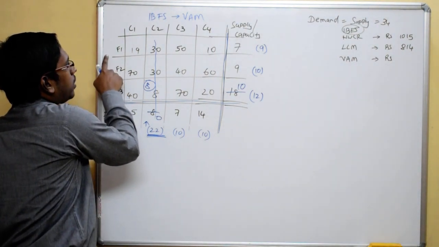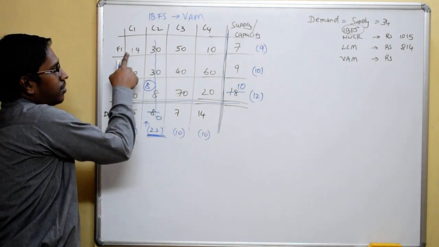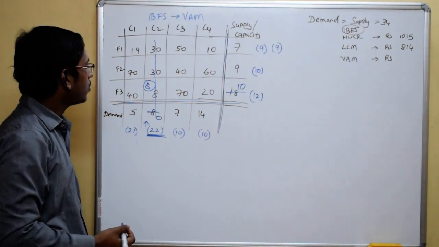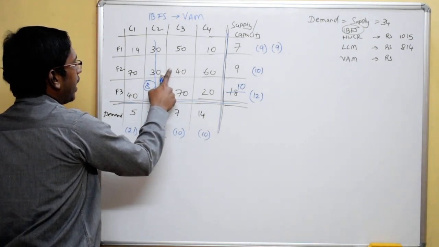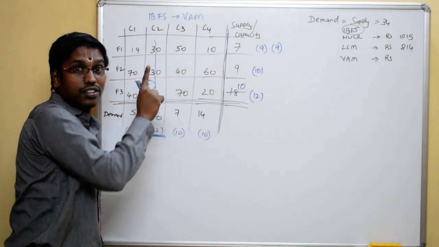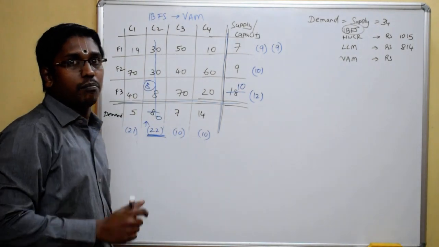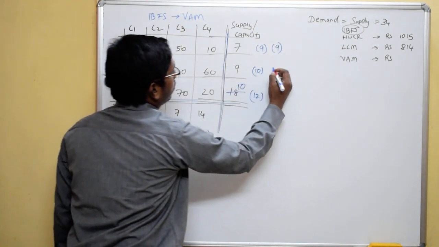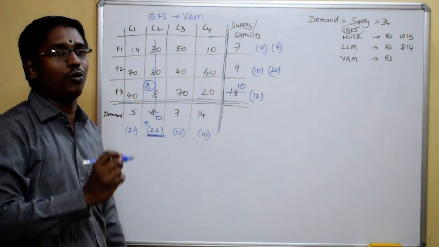Again, the first row, the least cost is 10. The next least cost is 19. The incremental cost is 9. Second round of penalty, 9. Second row, two least costs are 40 and not 30. मैं इसको strike off क्यों किया? क्योंकि ये नंबर को next time consider नहीं करेंगे. Because 30 is gone. मुझे यहाँ पे allocate नहीं करना है. So now my two least costs will be 40 and 60. Incremental cost is 20. Penalties wrong जाएंगे तो problem भी wrong हो जाएगा.